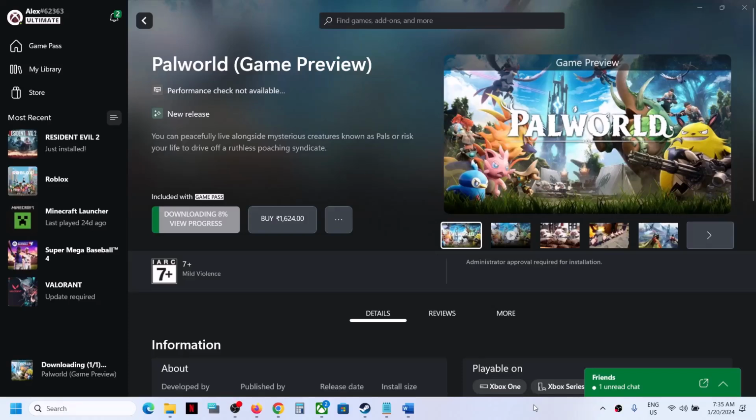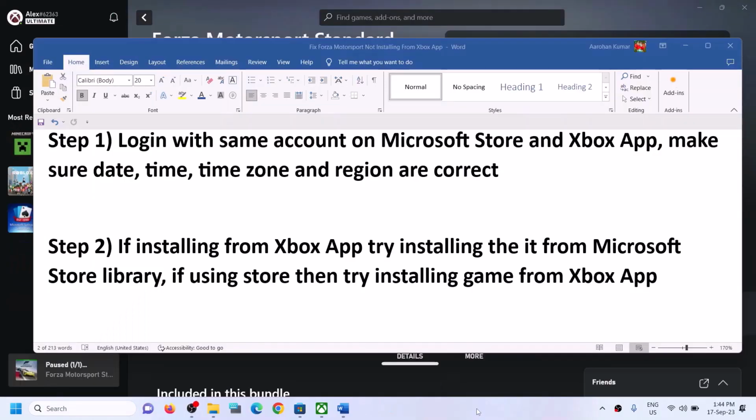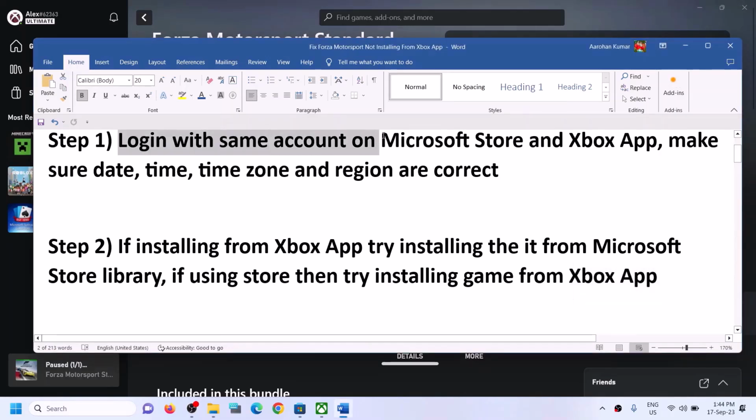Today in this video I'm going to show you how to fix when you are unable to install Palworld game from Xbox app, or if you're unable to install it from Microsoft Store, then please follow the steps shown in this video. The first step is to log in with same account on Microsoft Store and with same account on